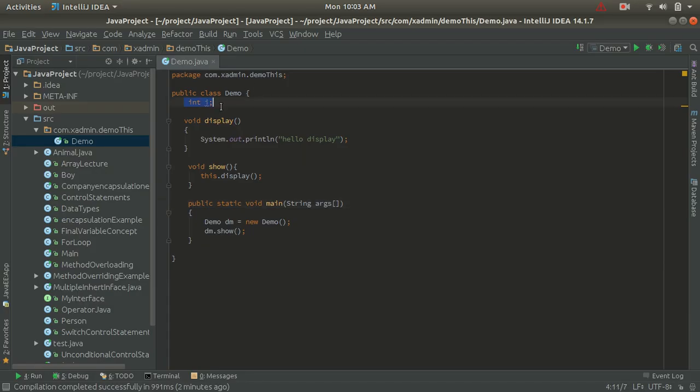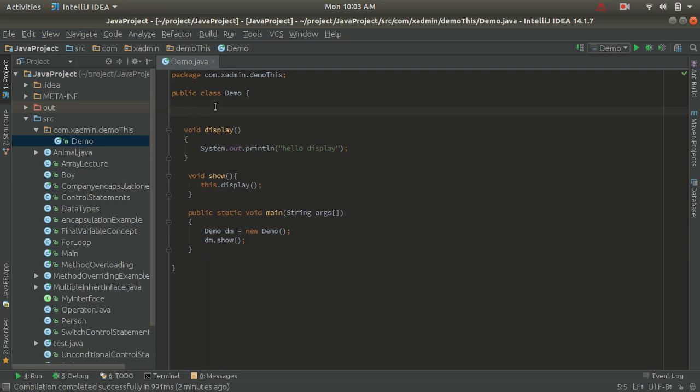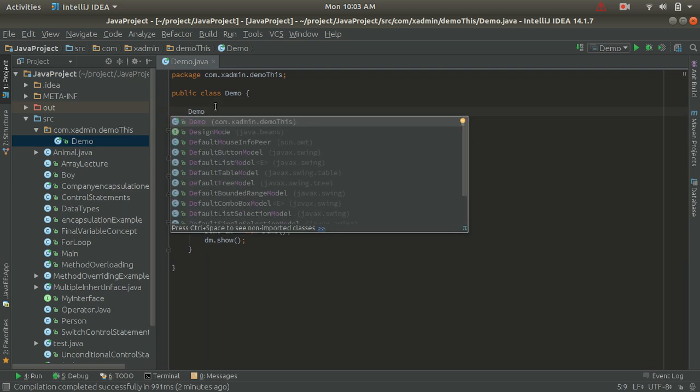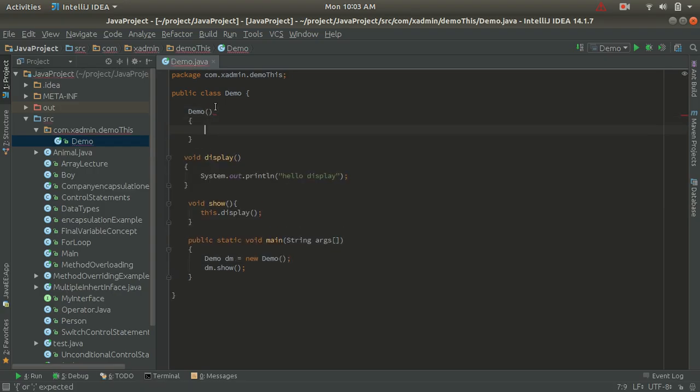We have a demo class, right? That's fine. Let's create some constructors here for the demo. I have created a default constructor, and inside the default constructor let's print SOP, default constructor.